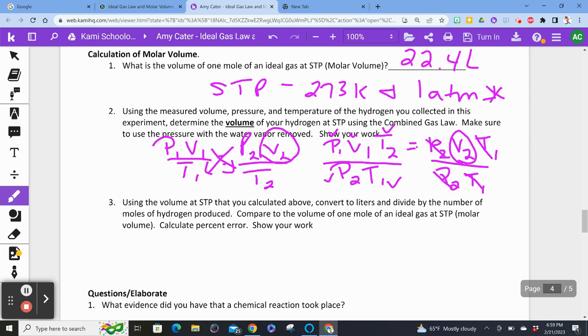So number 3, using the volume at STP that you calculated above, convert to liters, and divide by the number of moles of hydrogen produced. That's going to give us our molar volume. So I'm just going to make up a number here. So let's say that after I plug all of that in, my V2 is